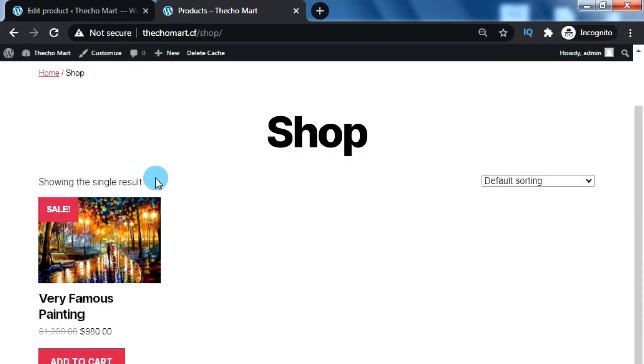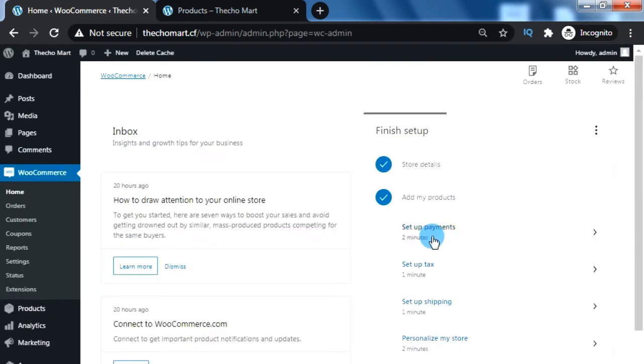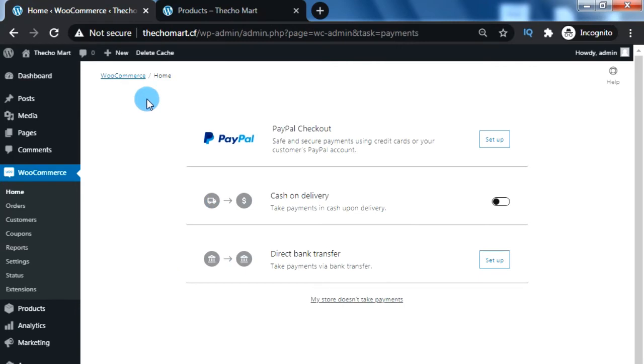After adding the product, the another task we have to do is setting for our payment system. For this, click on WooCommerce and then click on Set up Payments. By default, WooCommerce provides PayPal checkout, cash on delivery, and direct bank transfer payment systems. We can enable or disable these payment systems for our e-commerce website. If you want